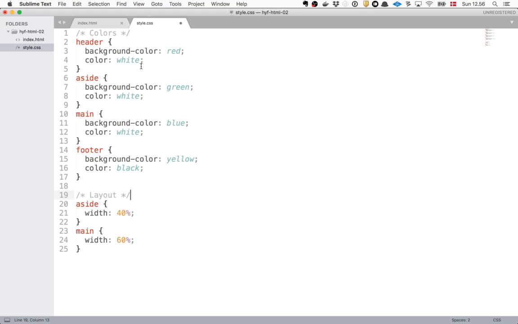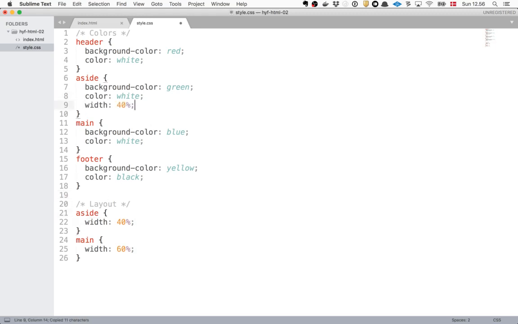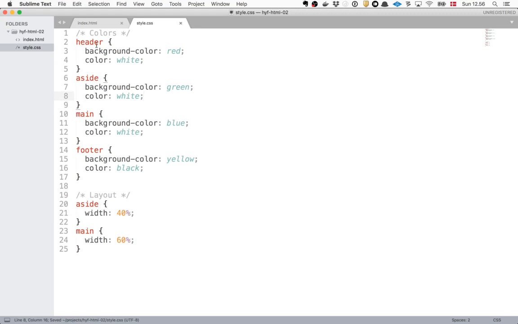So keeping your CSS nice and organized is a good thing, and that's also why I could have put that one up here, but you see, I have an idea here that I want to keep my colors in one section and my layouts in another section. Why would you have an empty line in here, for example, before that? But some people prefer to have one line between elements. This is up to preference, actually. As long as it looks like this, more or less, it's readable, at least.